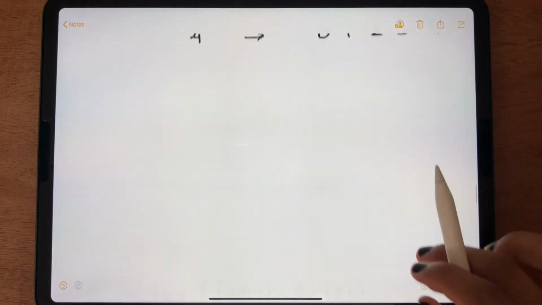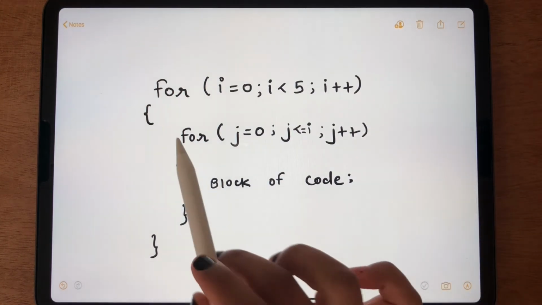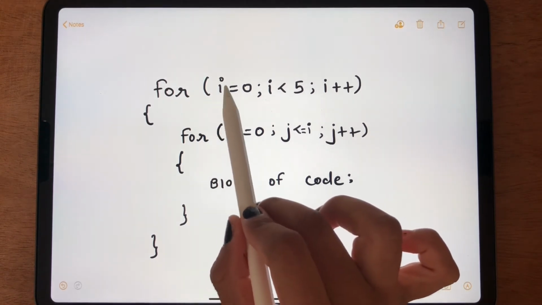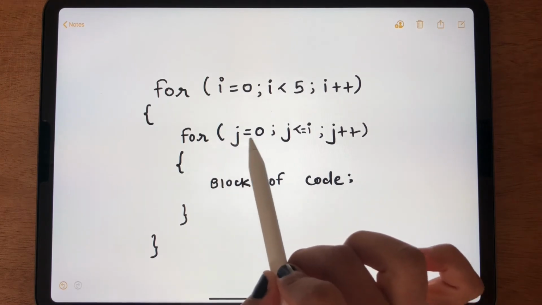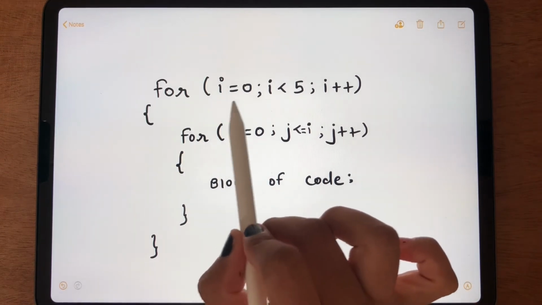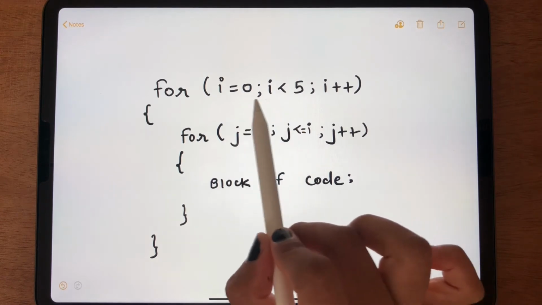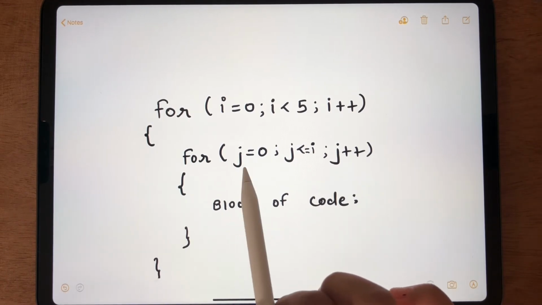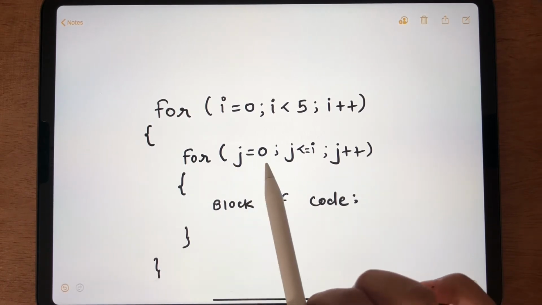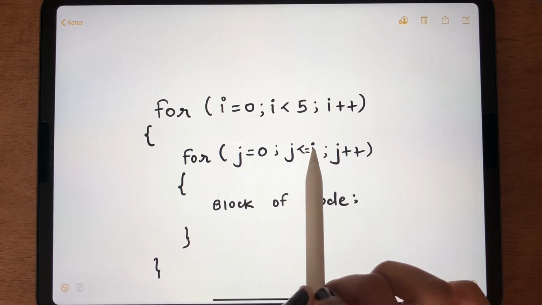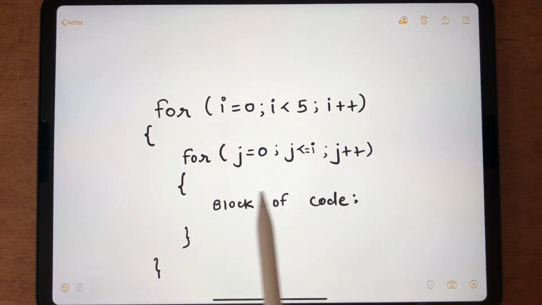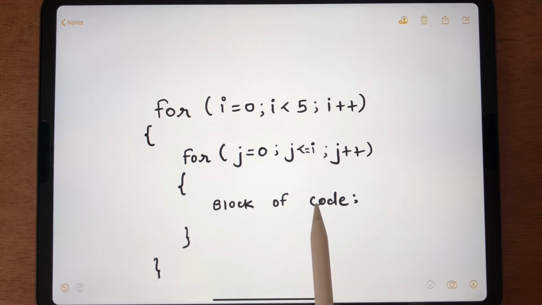Okay, so for that, let's take the loops. These loops help us iterate over the rows and columns. We will take the variable i for rows and the variable j for columns. The rows iterate over the variable i from 0 to 4, so 0, 1, 2, 3, 4. For the inner for loop, we have the variable j, which is used for columns. The value of j iterates from 0 until it reaches the value of i, which is denoted by the outer for loop. And in the inner for loop, we have the block of code, which in our case is used to print the star.